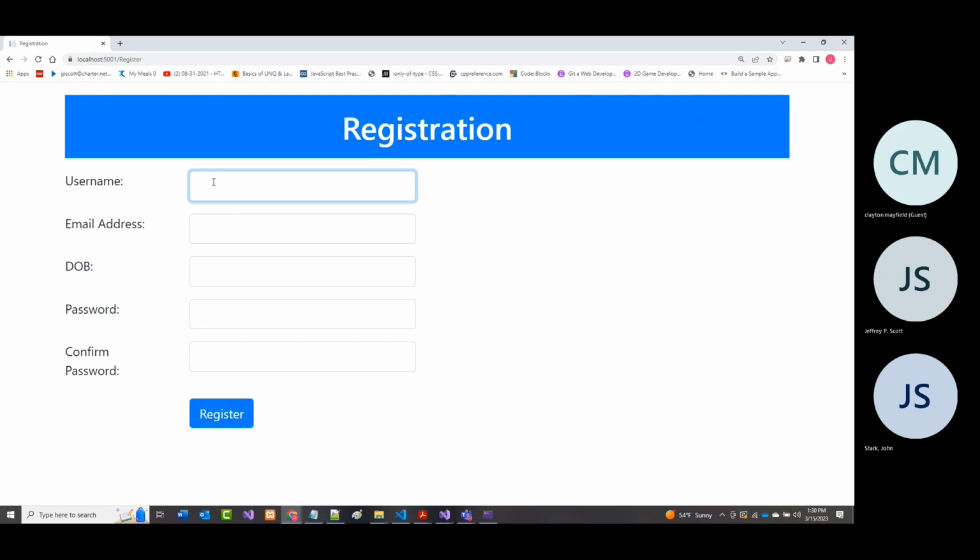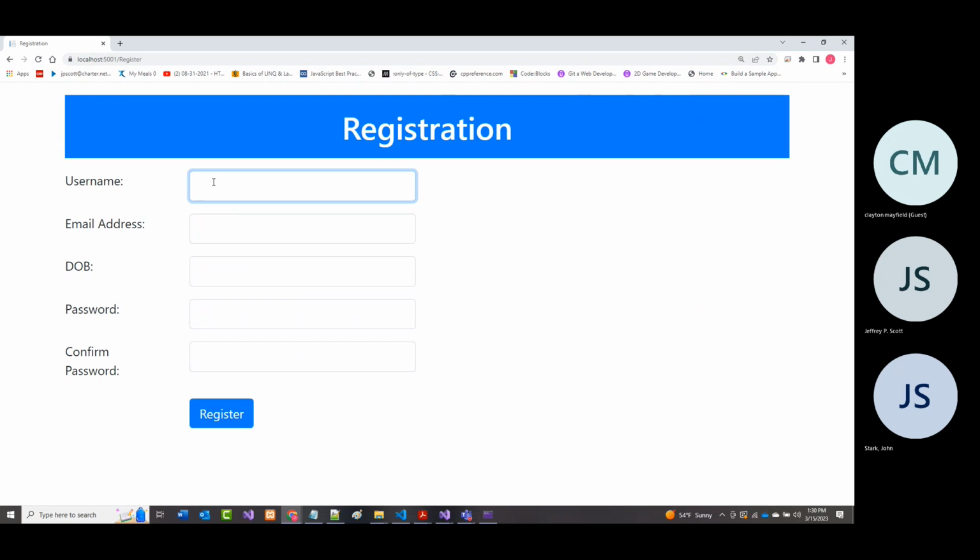Some places will let you do that. Some places will not let you do that. And I know with me, there's a heck of a lot of stuff that I've registered for work that I've used my charter account, so I can have a different username than the username I have for my Rankin account. All right, date of birth, we've already talked about. Password I mentioned to you before as far as size, letter requirements, etc.